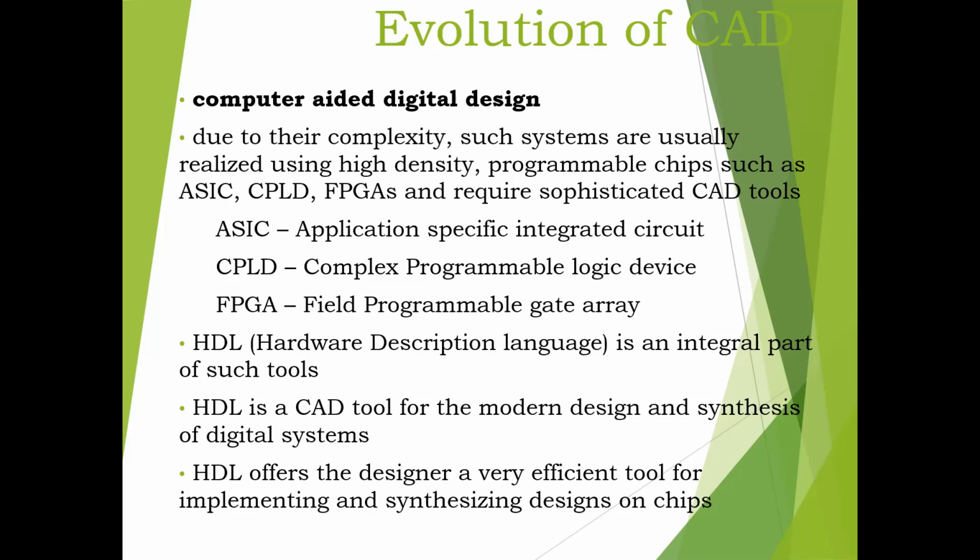Just to give a difference: in the DSD lab, if you had to realize an AND gate, you had to pick one IC with that name, you had to remember that IC name, and you had to see the AND gate output. Next, if you wanted to see the XOR gate output, you needed to change the IC, from 7400 to some other one, insert that, and then give the input and output.